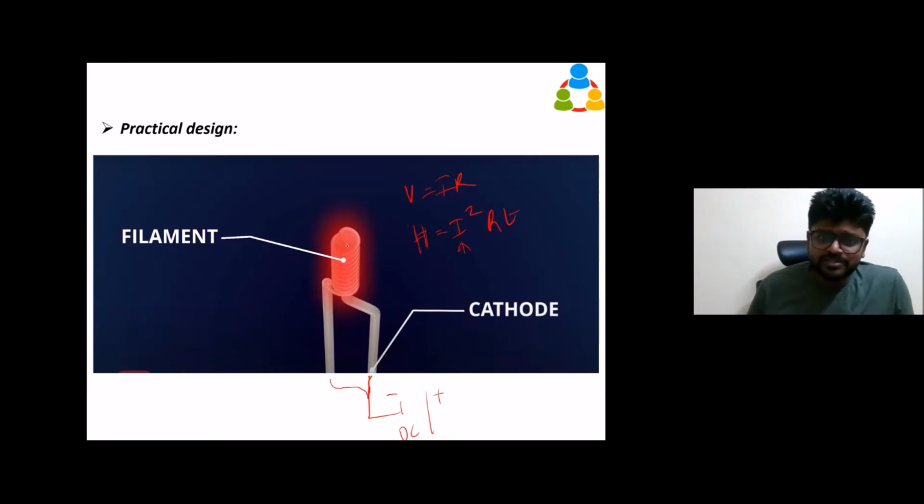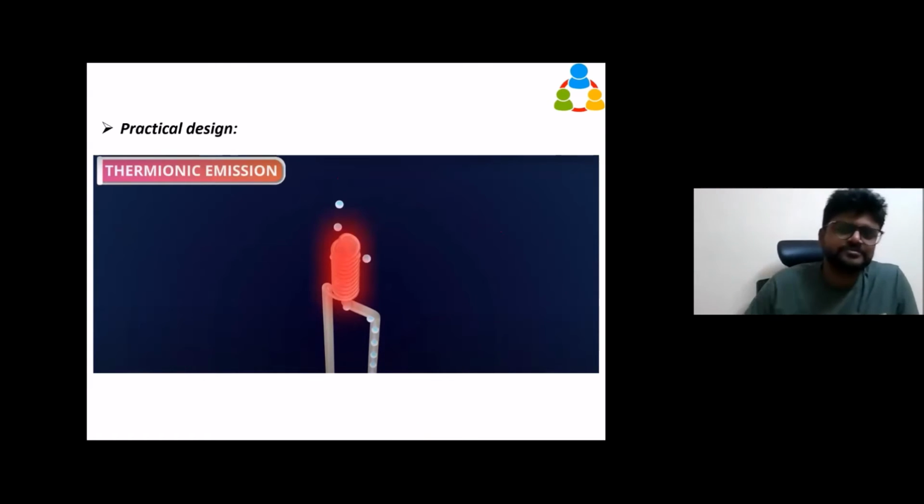In the cathode also, the electrons get stored. Electrons accumulate inside the cathode, and the filament is heated up. Because of the heat, the electrons start to come out of the cathode, emitted. The electrons are thrown out because of the heat, because they absorb the energy. When they absorb energy from the heat, what will happen? They start to vibrate, as we have seen in the previous case. Kinetic energy is related to temperature. When the temperature increases, the electrons start to jump off from the cathode, because the electrons accumulate at the tip of the cathode. Because of the heat, the electrons jump out from the cathode and get emitted. We call this thermionic emission. What is it? Thermionic emission.